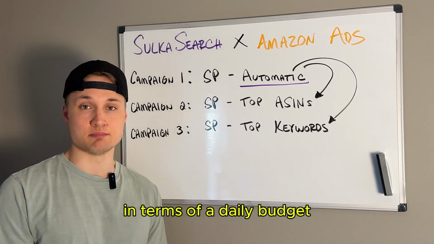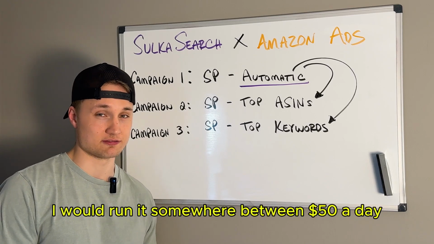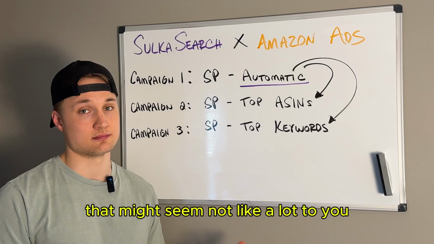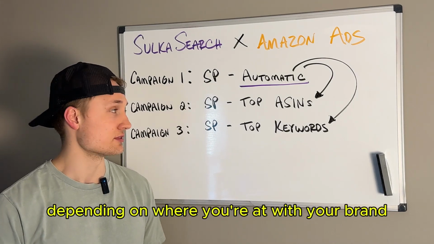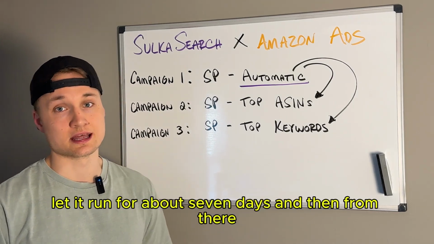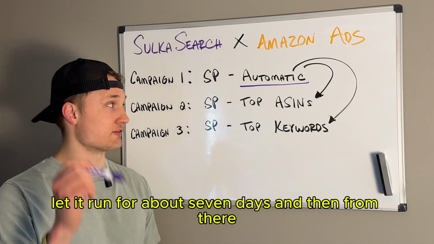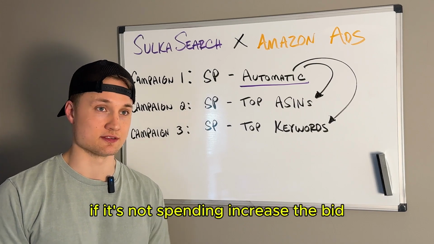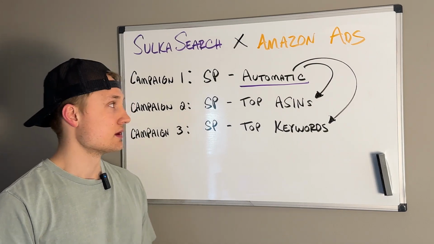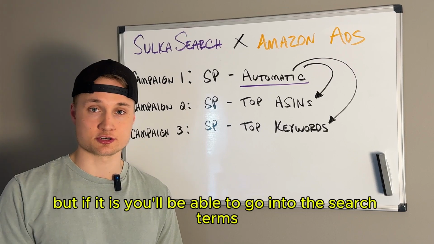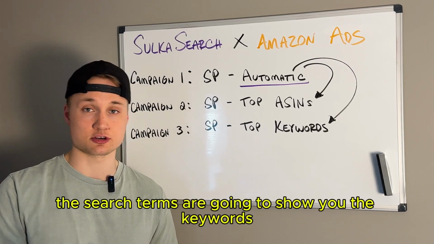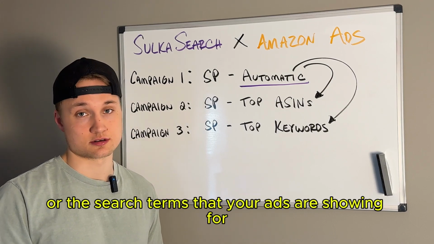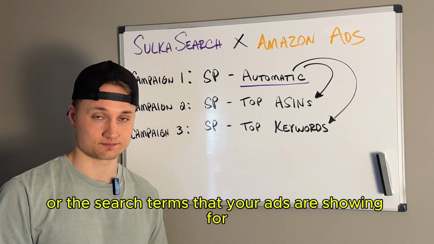In terms of a daily budget, I would run it somewhere between $50 a day and $100 a day. That might seem like a lot to you, or it might seem not like a lot to you, depending on where you're at with your brand. But start there, let it run for about 7 days, and then from there, as long as the bid is in a good spot, if it's not spending, increase the bid. But if it is, you'll be able to go into the search terms, and for an automatic campaign, the search terms are going to show you the keywords or the search terms that your ads are showing for,